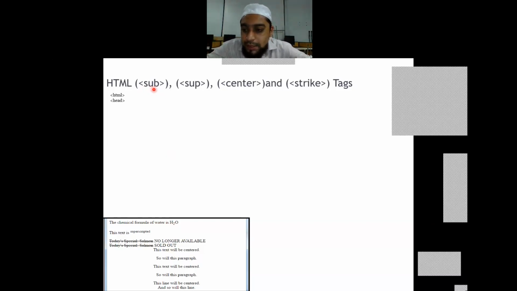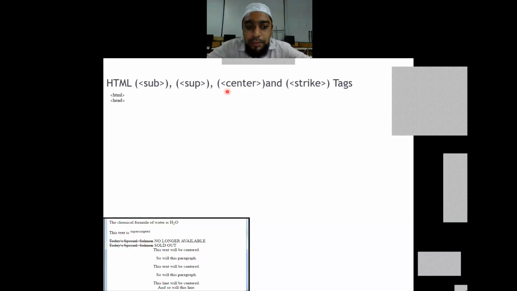Its short form is sub. Similarly, if I want to keep something on top, like for example here, can you see there is a jump in the text, superscript. For example, x square. The 2 will go above x. So for that purpose, we will use subscript and superscript.